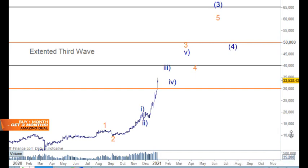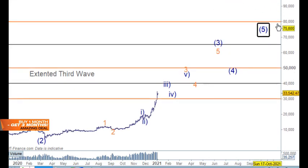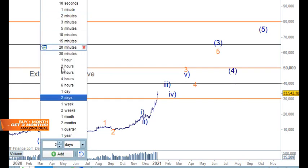So that's it. I guess in one way or another, if the extended third wave case comes in, we'll end up this year here much higher. We'll end up sort of up around the 80 or the 100, maybe up into this space. If it's the conservative view that plays out